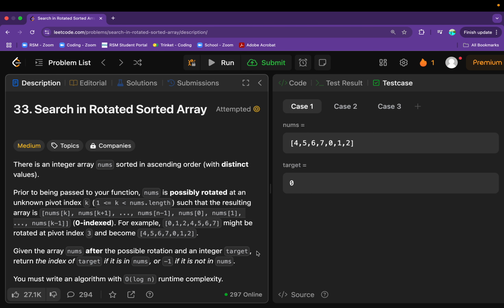Back, and today let's solve Leetcode problem 33 titled Search in Rotated Sorted Array. So there is an integer array nums sorted in ascending order with distinct values, something very important to note. So prior to being passed to our function, nums is possibly rotated at an unknown pivot index k, where k